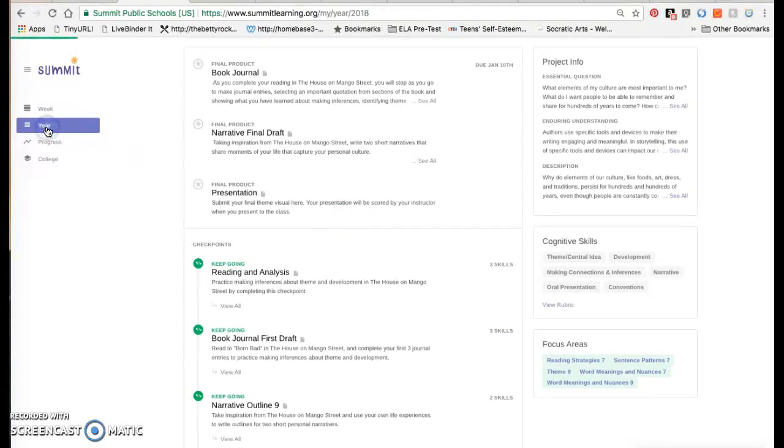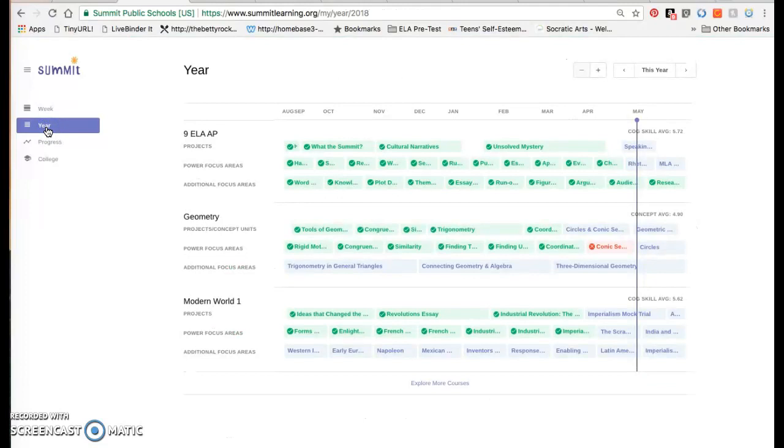I want to head right back to the year view for a second to just finish up explaining what you see here. I want to just talk a little bit about this blue line. This is the pacing guide. And this line is basically saying, okay, this is where we are in time. Anything that is on the left of this line is stuff that we have basically passed, and if you haven't completed that work yet, then you can see that you're